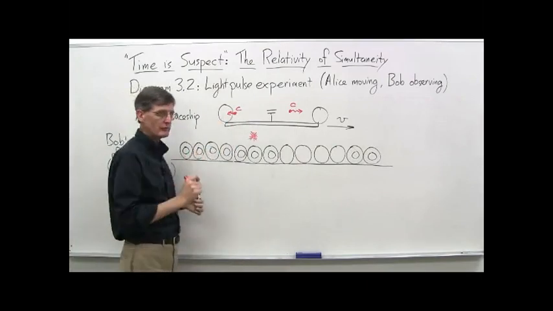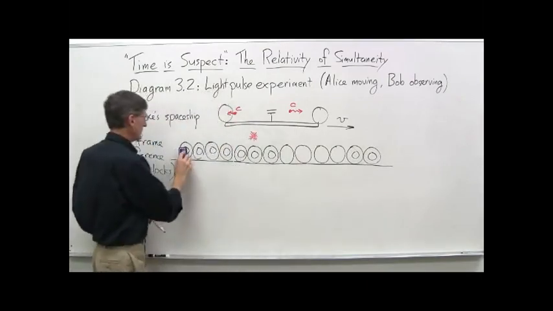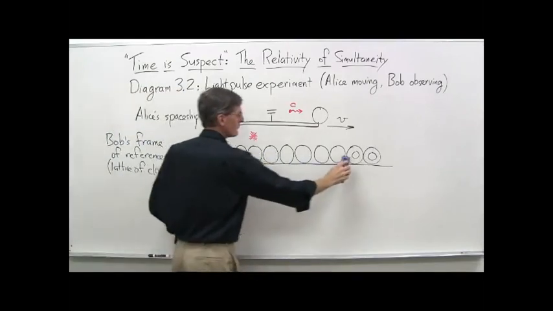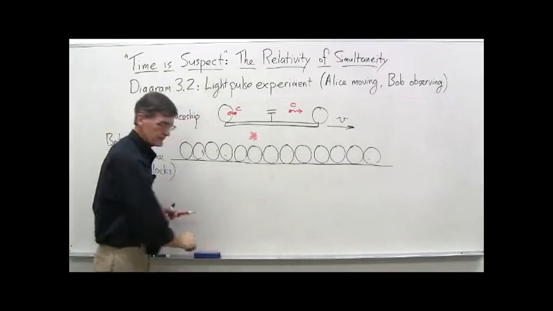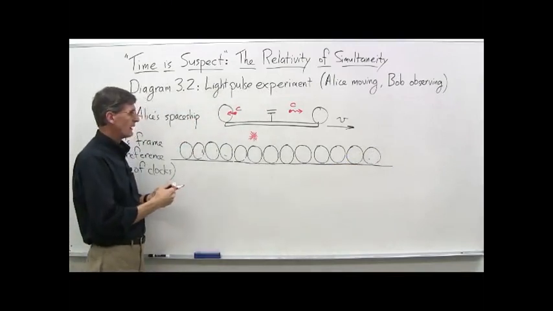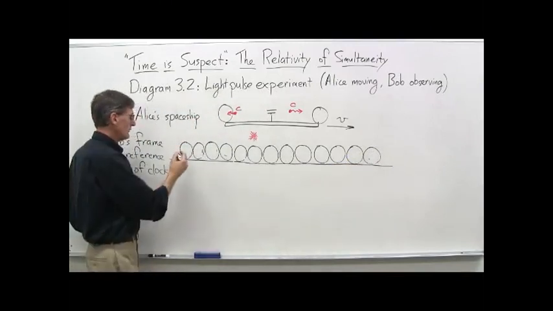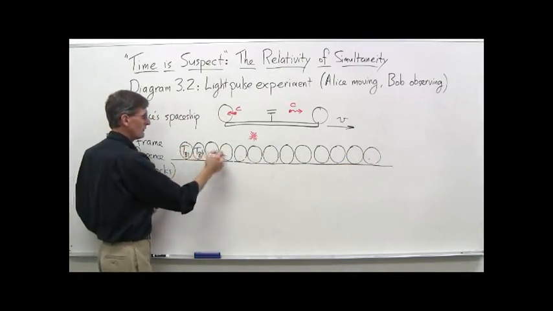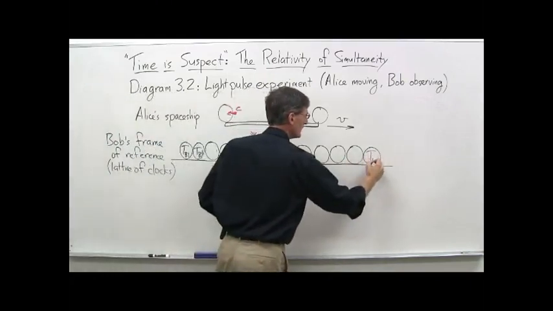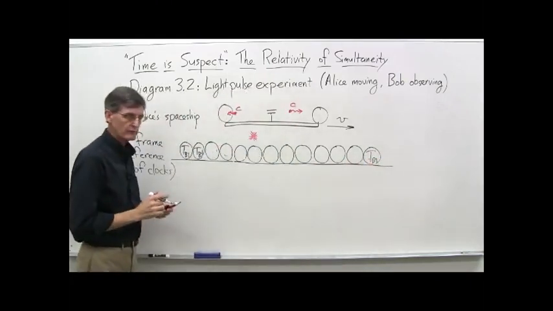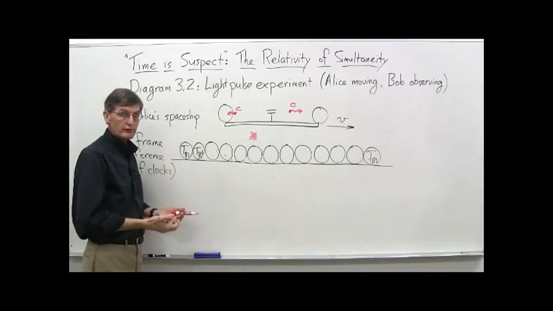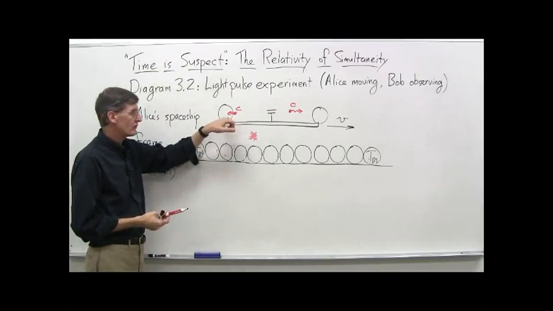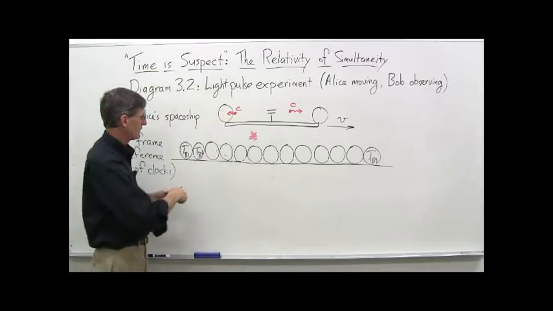So what Bob is going to observe, and let's just be clear here, Bob's clocks no longer read 0. We're at some point, I didn't write zeros in all of them just to save a little time. So now Bob's clocks at this point read, we'll call it time t b1, and these all read the same thing. Okay, so this is sometime later. Light pulses are in transit, but Bob notices that the leftward going light pulse hits this clock at time tb1,